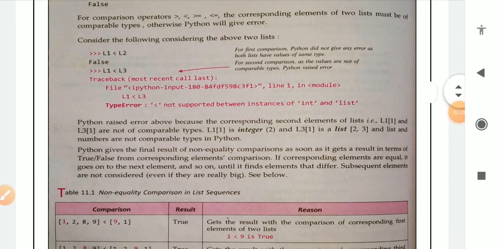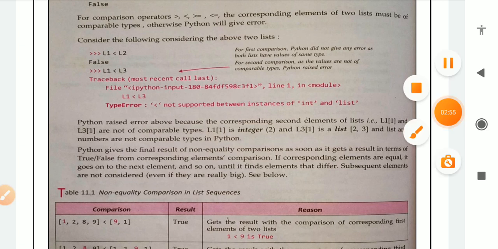Python raises the error above because the corresponding second elements of L1 and L3 are not of comparable type. L1's element is an integer, 2, and L3's is a list, 2 and 3, and a list and a number are not comparable types in Python. That is why a type error will occur.